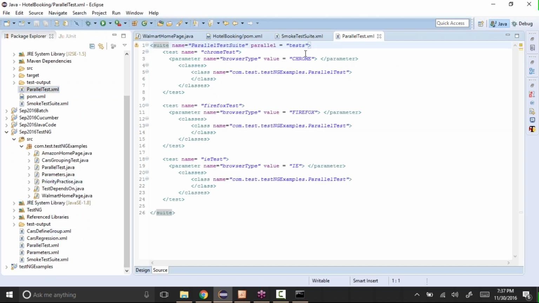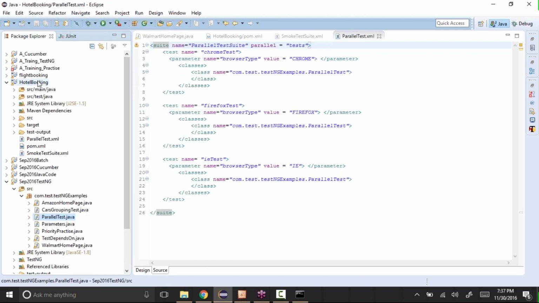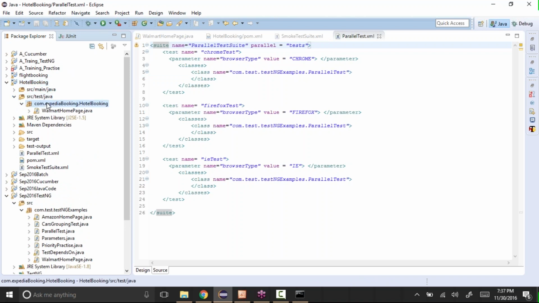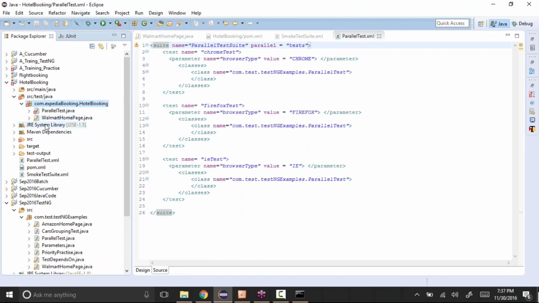Okay, so we have TestNG examples.parallel test. So this is the Java file. So let's copy even this one and paste it here, okay, into our source test and Java. Okay, see, again it's throwing me an error.